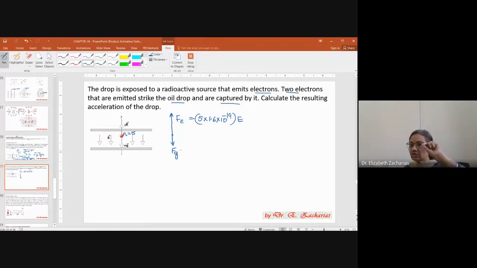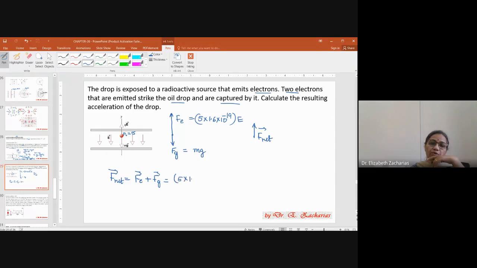Just because 2 more electrons went and sat on it, the mass of the oil drop will not increase. So that will be the same mg only. Now what you have to do is find out which force is larger. You can see that there is a net force in the upward direction because you yourself said Fe is going to be larger. So you have to find out F net. F net will be equal to Fe plus vector Fg, which is going to be